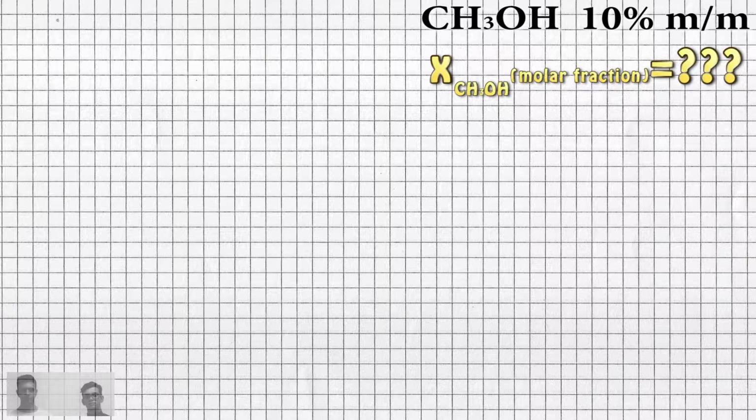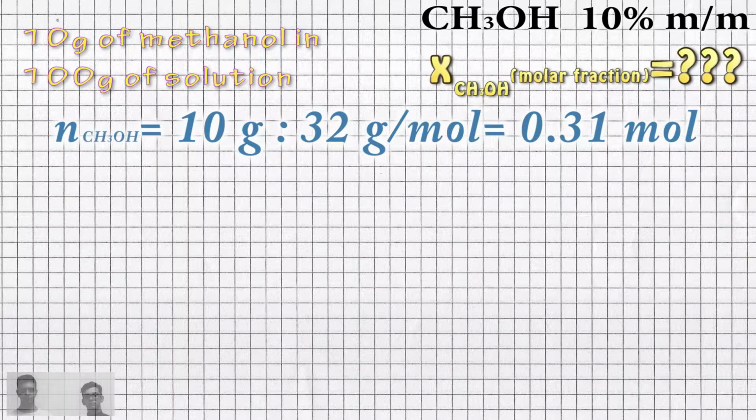We have an aqueous solution of methanol at 10% in mass. We want to know the molar fraction of the methanol. We calculate the number of moles of methanol taking as standard mass unit 100 grams of the mixture. In these 100 grams are found 10 grams of methanol, knowing its concentration. 10 grams of methanol divided by its molar mass, which is 32 grams per mole, gives us a number equal to